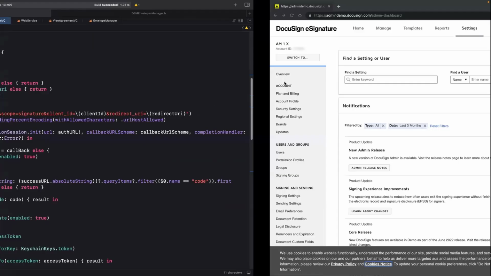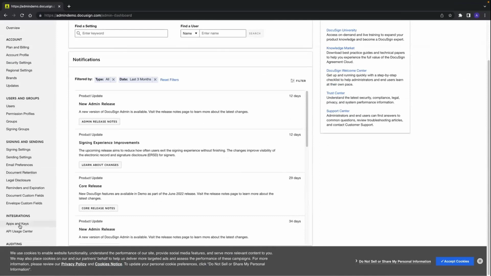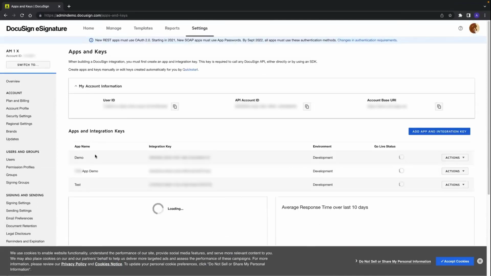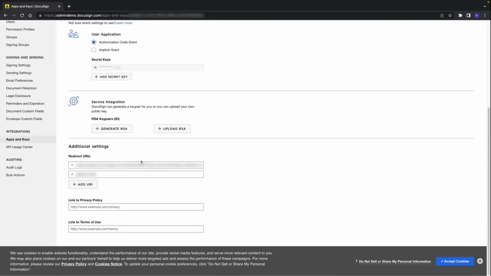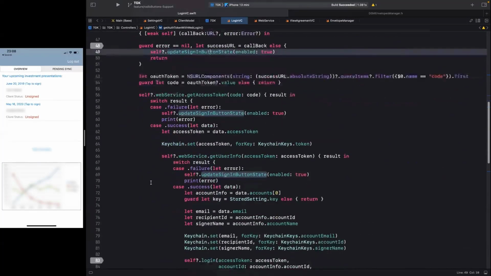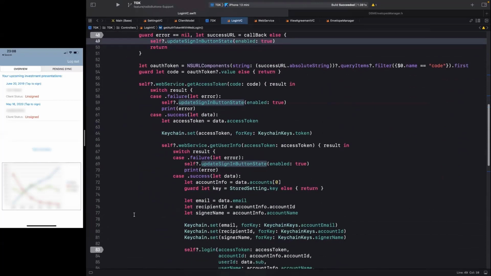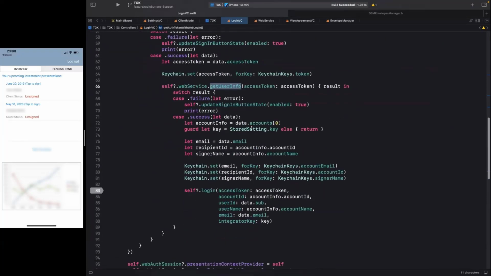Let's take a look. I have already logged in with my account, and I'm looking at the settings. If you look down, there is an apps and keys section, and you can create an integration, which creates an integration key. Upon selecting what type of authorization you want, you would also need to set redirect URIs. Once the auth session is initiated, we can use it to get the access token and later on user services and user information. Upon success,